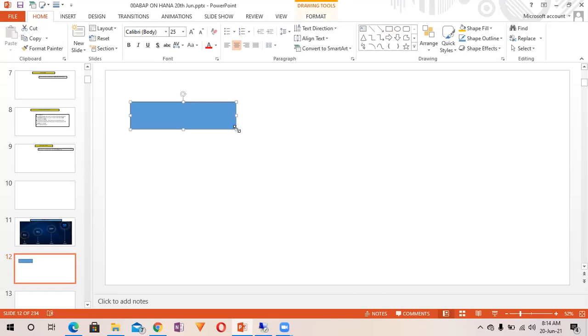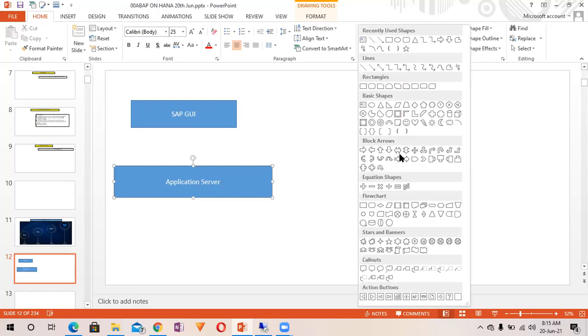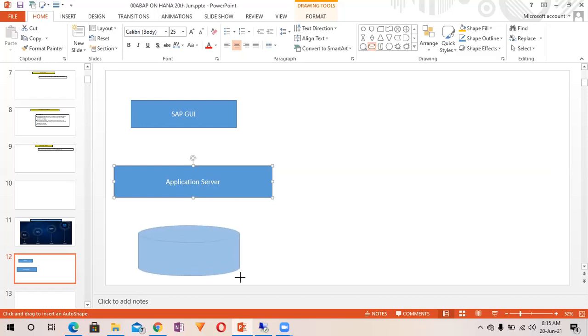Here we have the SAP GUI, that is the presentation server, through which we get connected with the application server, and this application server is connected with the database server.